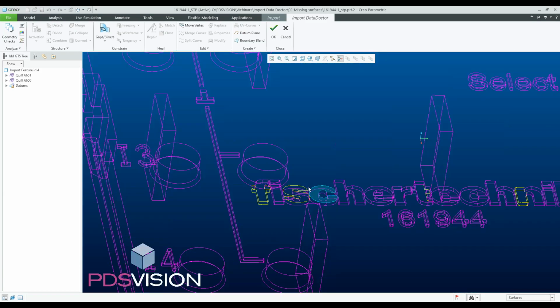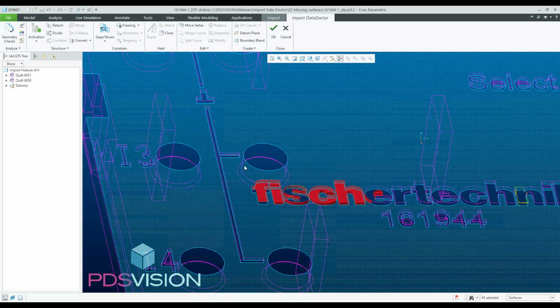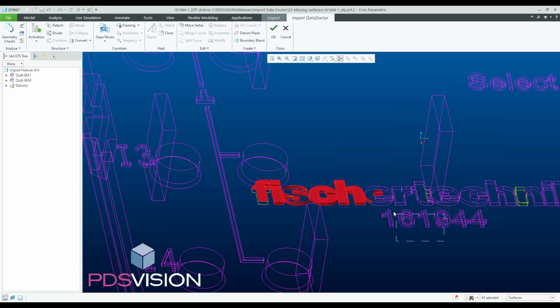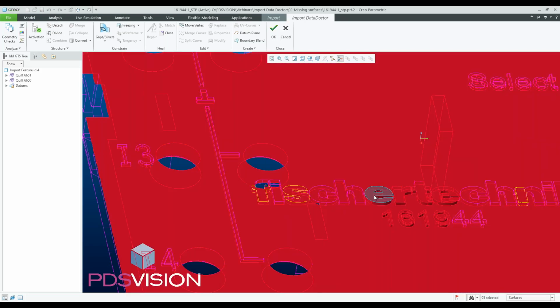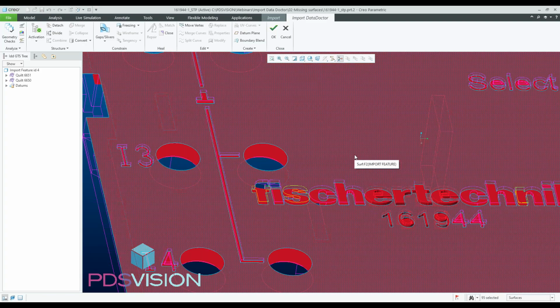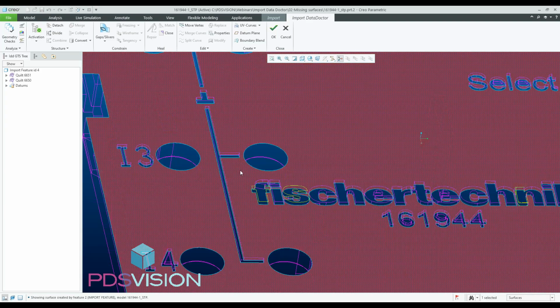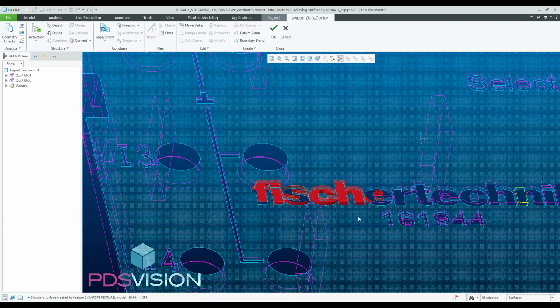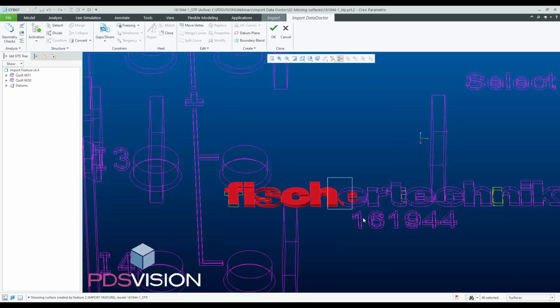And we just change to surface, and I will drag. As you see, if I drag from the top left corner to the bottom right, I select everything that is in that window. If I go from the bottom right to the top left, I select everything which I touch in that selection, and it will highlight. But in our case, we don't need everything. We need to just select